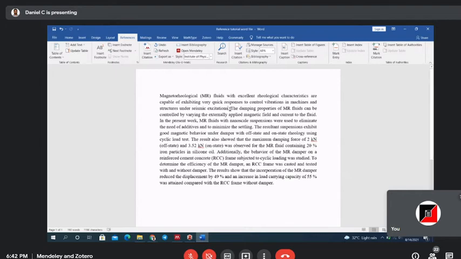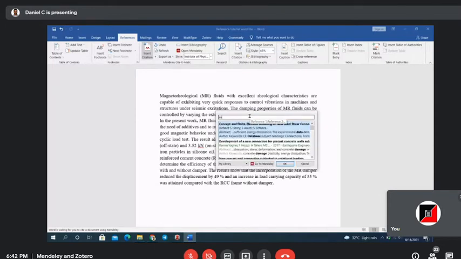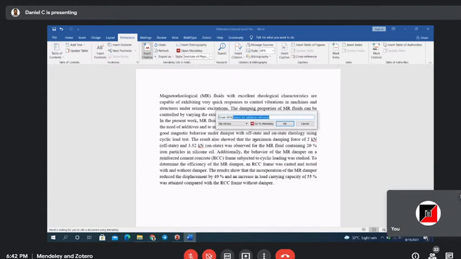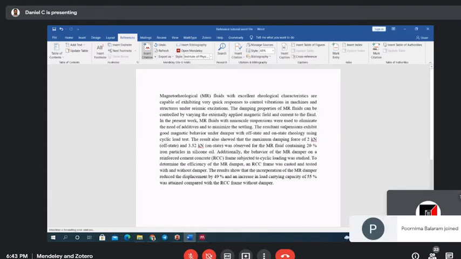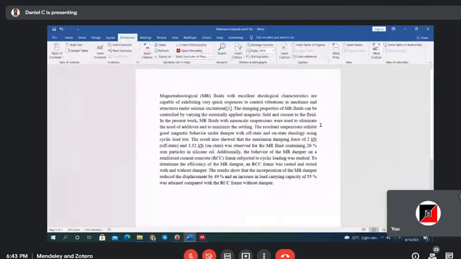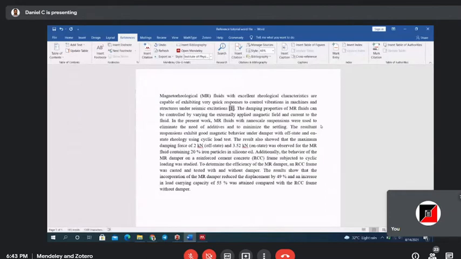So here, consider a sentence. I'm clicking insert citation. I have to search for the article by author name, title or year. I'm searching for my name, Danny, or something. Okay, I'm able to find one article. Just give a click. Okay, so it is citation one. Next, I will select some other paragraph, insert citation.